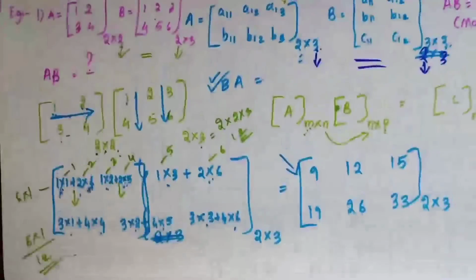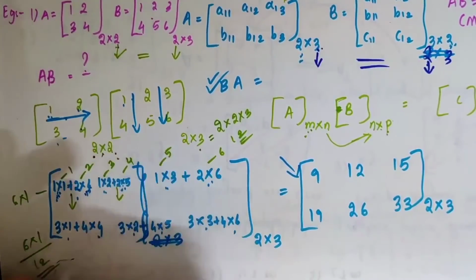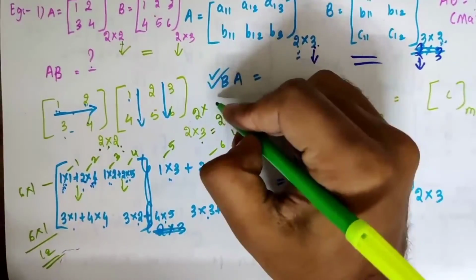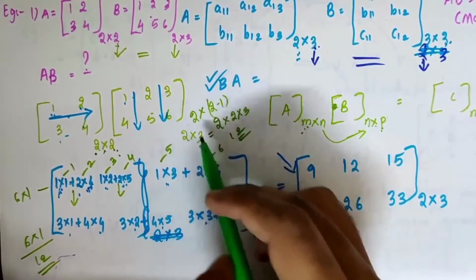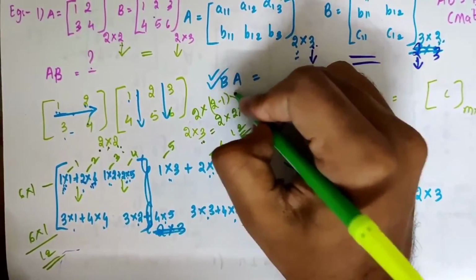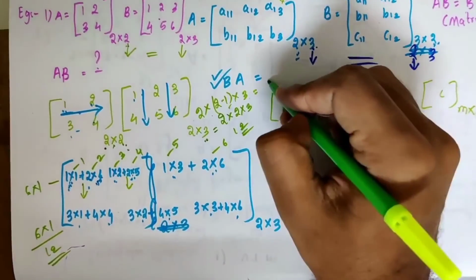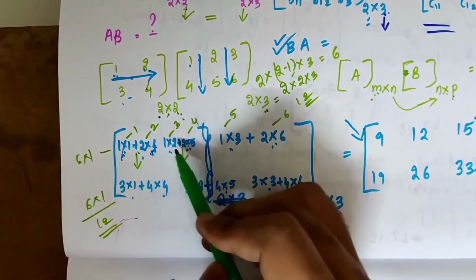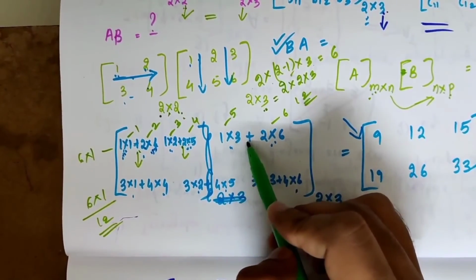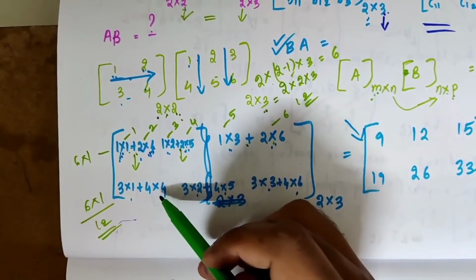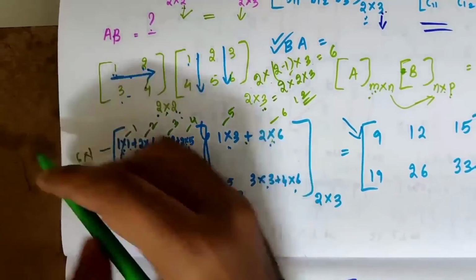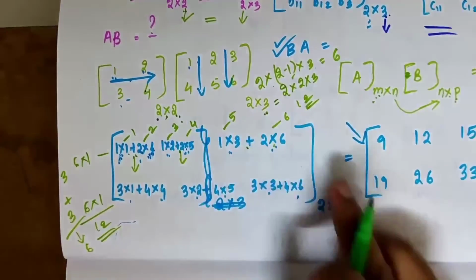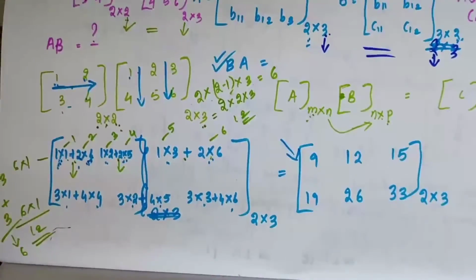Let us verify this. m into n minus 1 into p, so what will it become? Here m is 2, n minus 1 is 2 minus 1, and p is 3. So 2 into 1 into 3 is 6. So 6 additions we require. We can also check manually. This is one addition, this is the second addition, this is the third addition. If you have 3 additions in the first row, the same number of additions will be present in the second row also. What is 3 plus 3? This is nothing but 6. We got this directly from the formula.